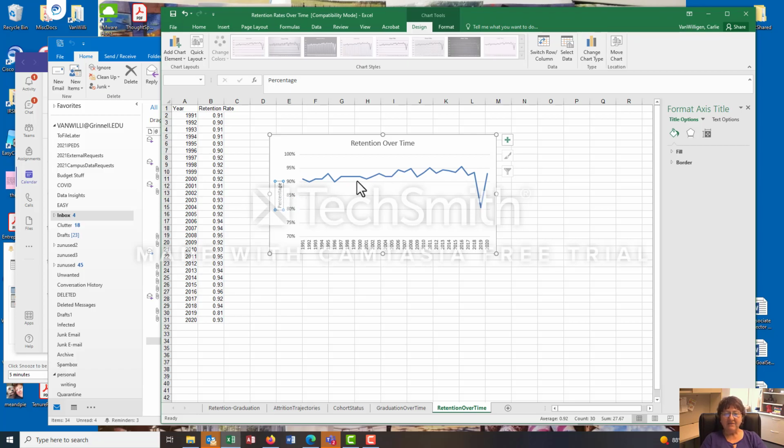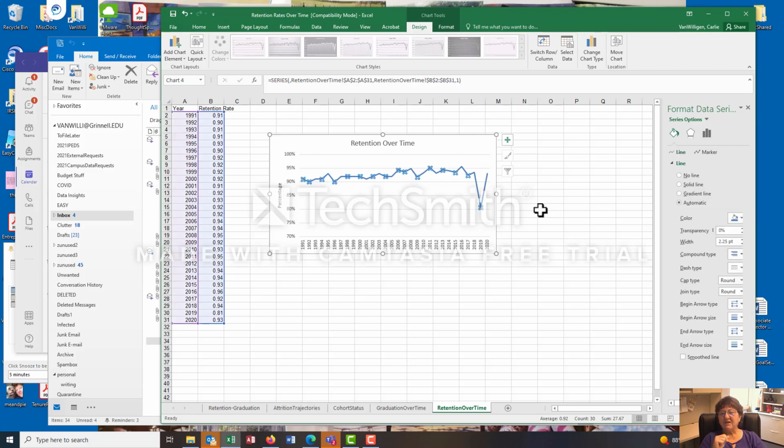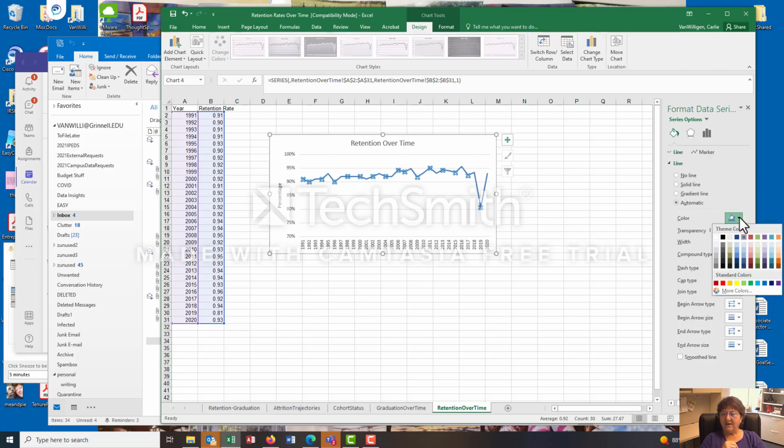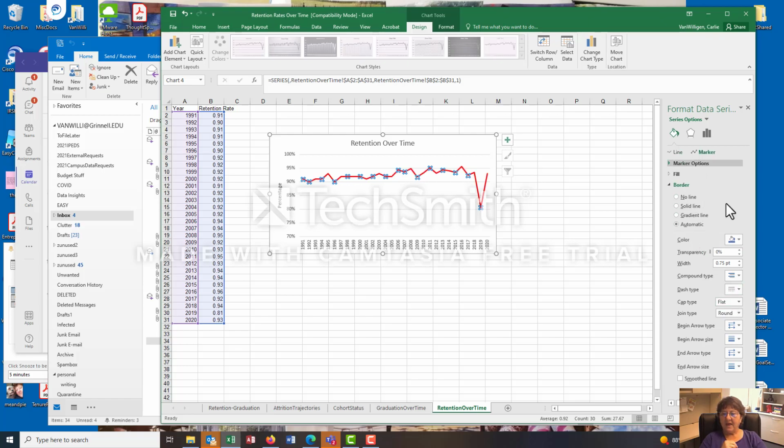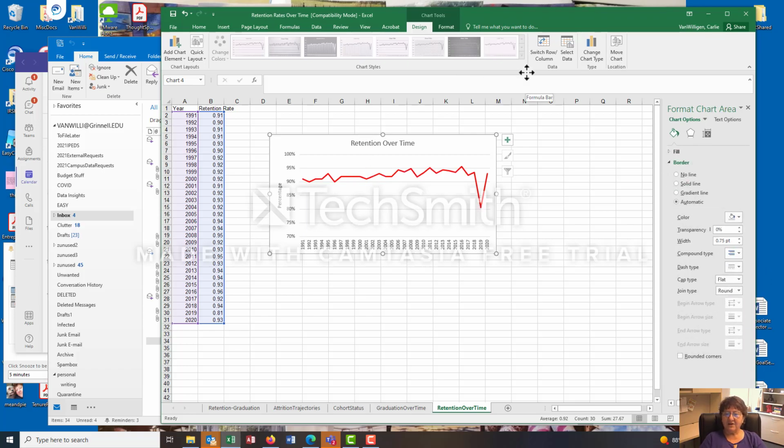I can even say, you know, I don't really like the blue here. So what I can do here is I can say, okay, how about if I make it a red line? And I make my little markers red markers. And there's my chart. Really simple, really, I won't say easy to do,